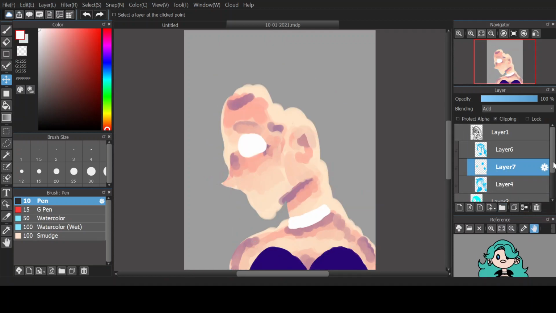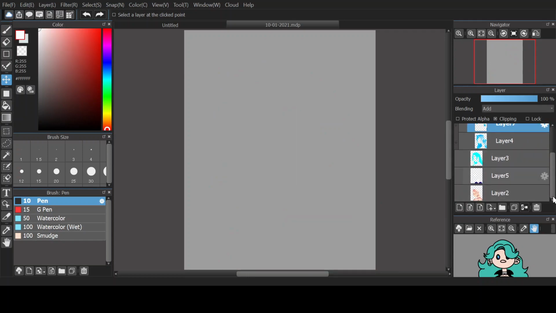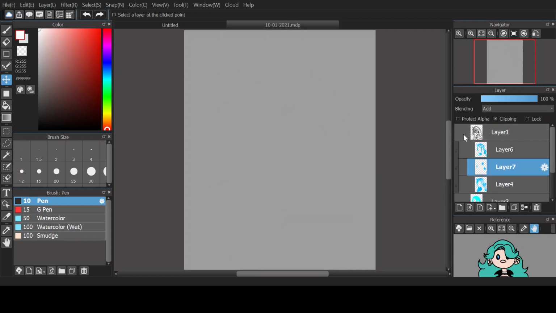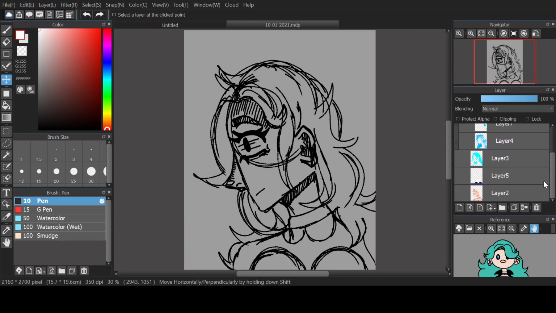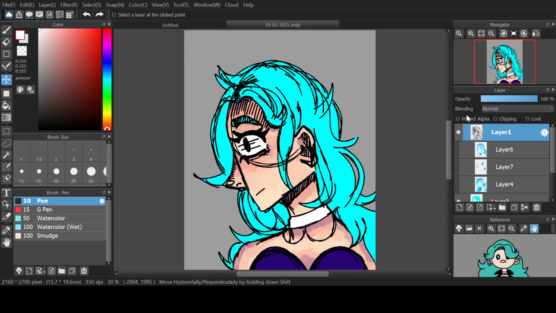So I'm actually going to toggle all of them off, just so you can see how I build them up. The first thing I always like to do is draw my line art, which is right here. Then you want to draw just a base. I normally just do the skin to just add things, and then I did the hair, and then the accessories. One thing about Medibang and most other digital art programs is that you always want